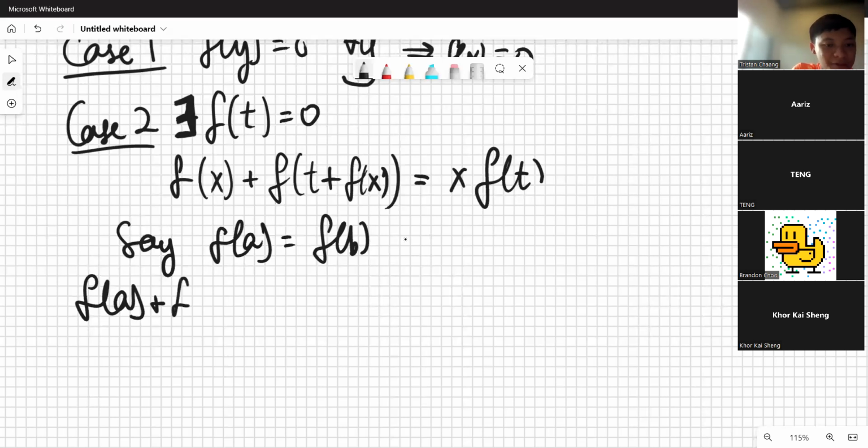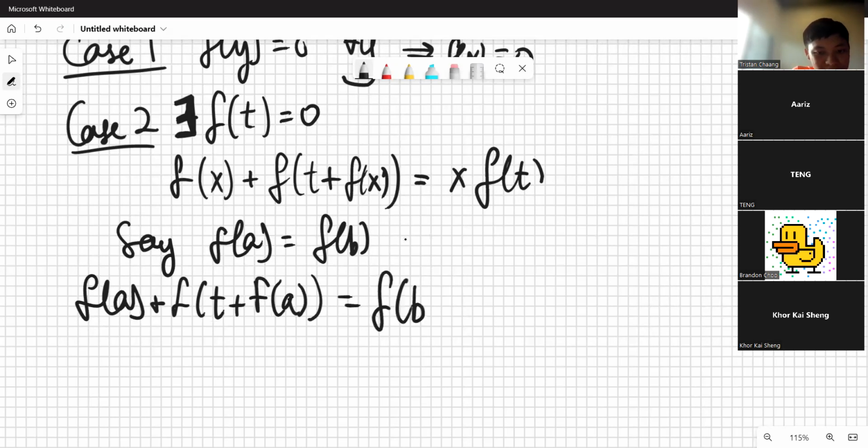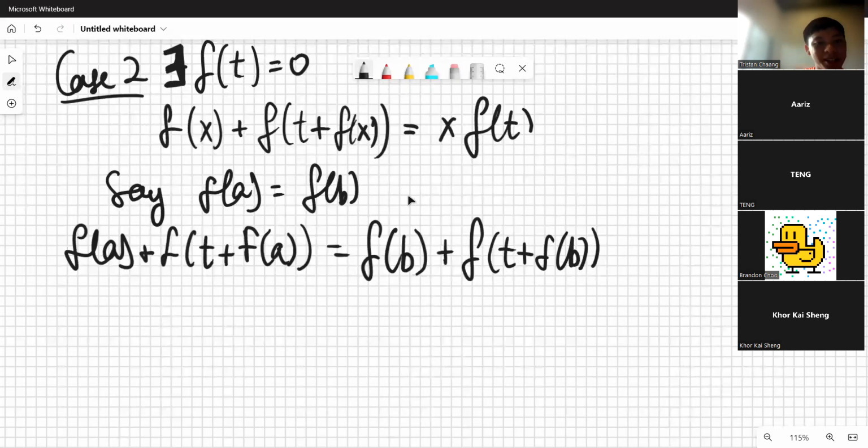f(a) plus f(t) plus f(a). Since f(a) is f(b), this is the same thing as f(b) plus f(t) plus f(b), isn't it? So we can just swap a and b. I mean, we can just put in a and b on both sides and the left hand side will be